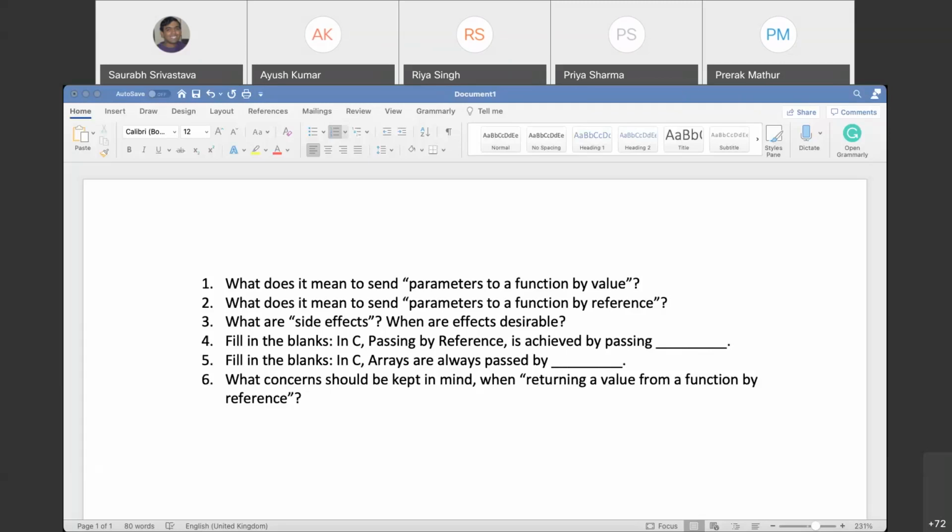The memory which was allocated to that function for creating local variables gets freed. So if you actually return the address of a variable that was created locally, then that address, wherever that particular variable was residing, is no longer a valid address because it has been freed. You're essentially pointing to a location which is not what it was supposed to be.